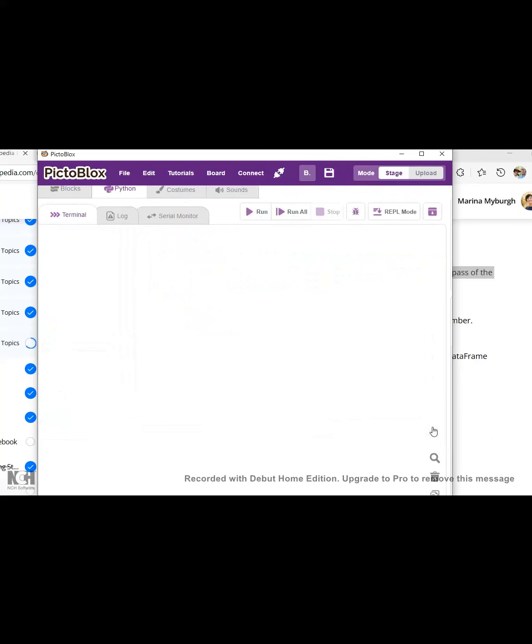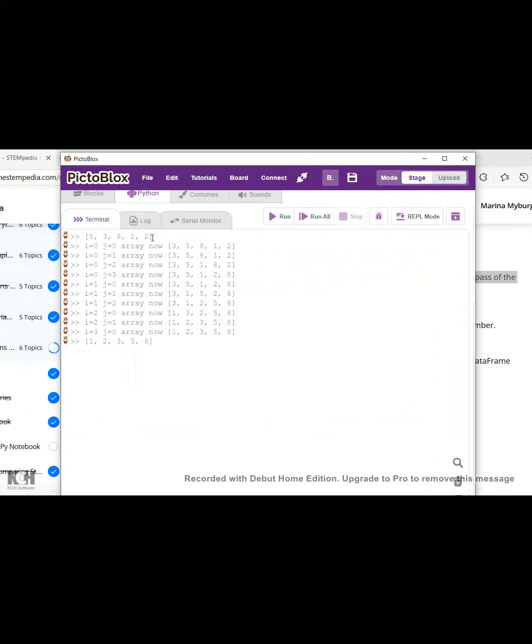Let's test it. There's the original array, and you can see in a nested loop the i stays the same, goes through all the values up to the second last one, and then compares with every element next to it on the right hand side of it. The elements are swapped so that the biggest one after the first